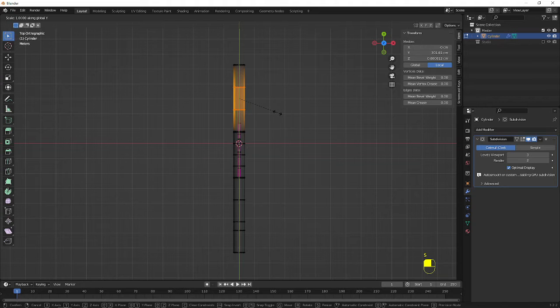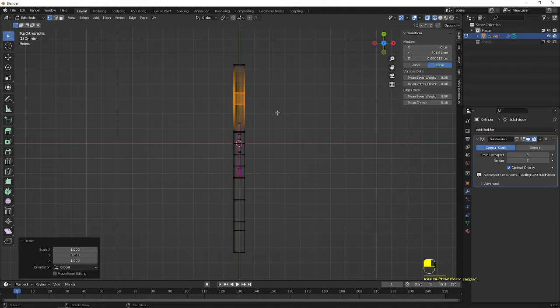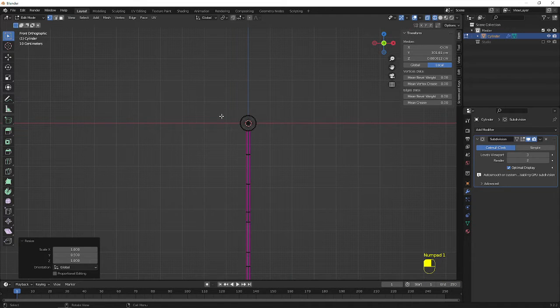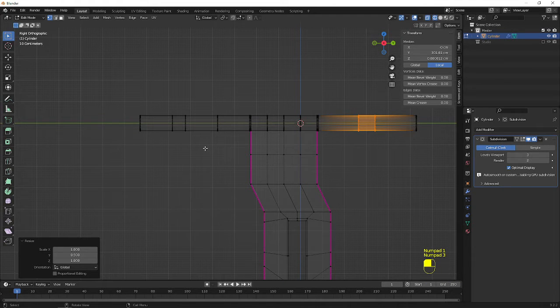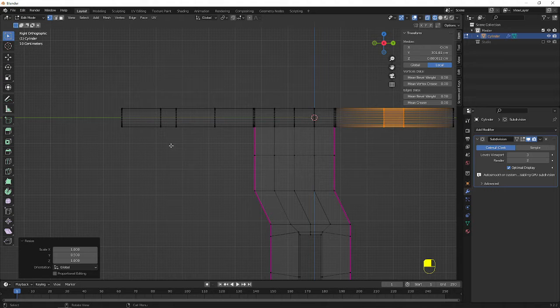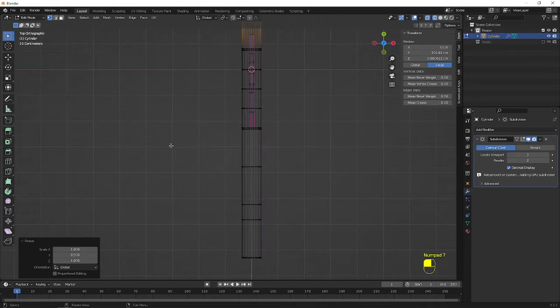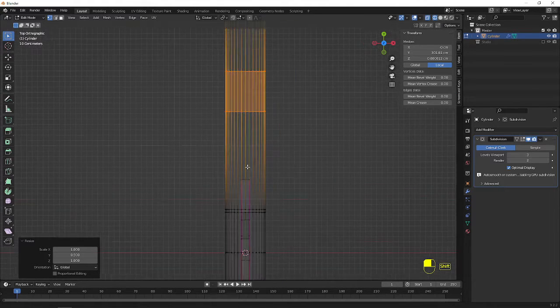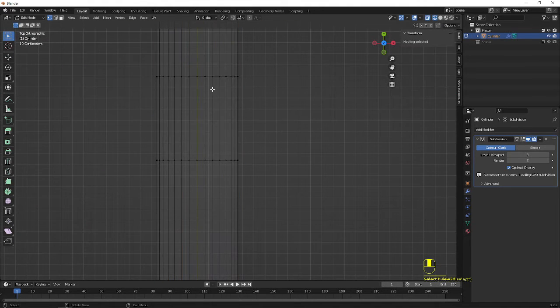Scale it in the Y axis 0.5, enter. So now I go to the side view. Okay, I make it go to the top view, better, and I zoom it. Now we can create